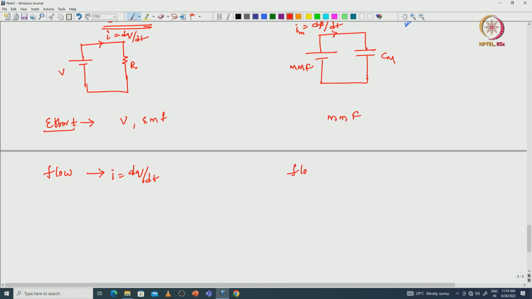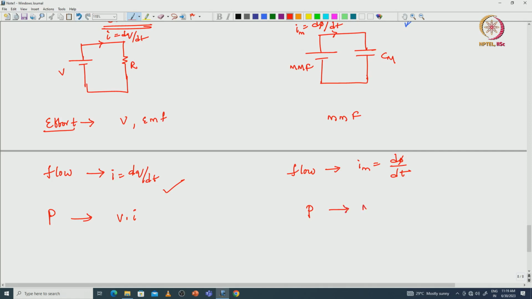Here the flow variable is Im equals d phi by dt, rate of change of flux, whereas here it is the rate of change of charge in the electrical side. Power is equal to V into I; here power is equal to Vm into Im, that is MMF